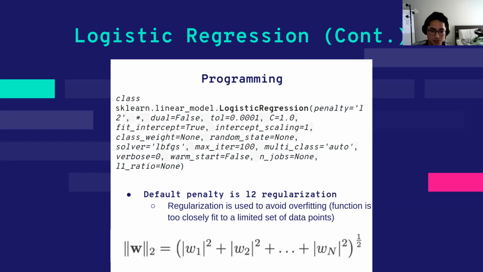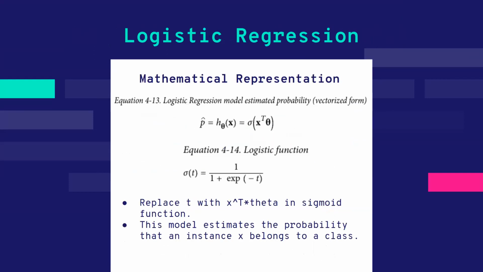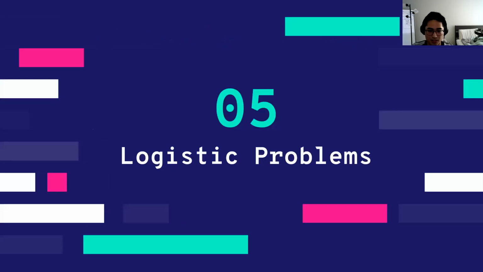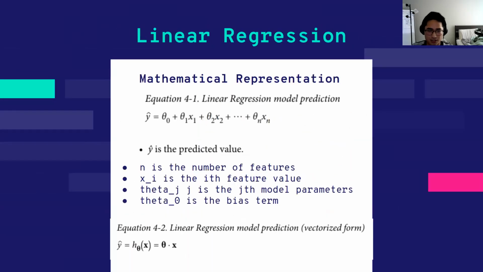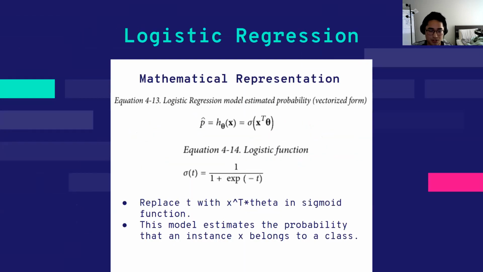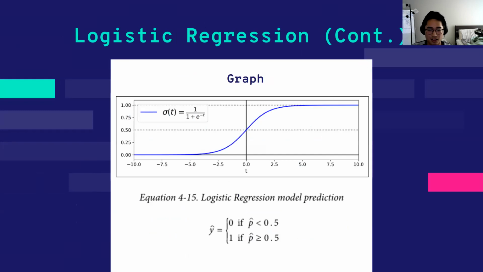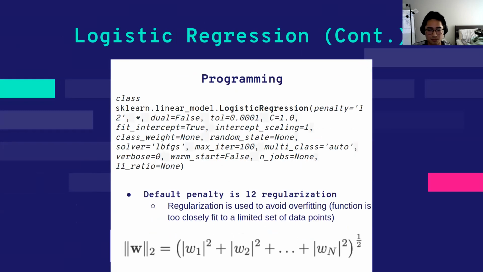So what we do is we use this thing called L2 regularization, which you can see at the bottom. You can think of W as your weights or your model parameters. You can replace W with theta. Basically, the coefficients I'm talking about are your theta, right here. If the coefficient, or theta, is too high, it'll actually cap it to a smaller value so that it can avoid the overfitting problem.